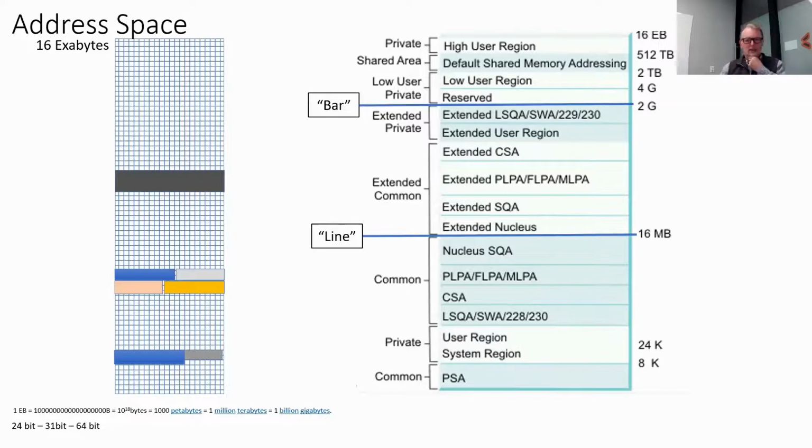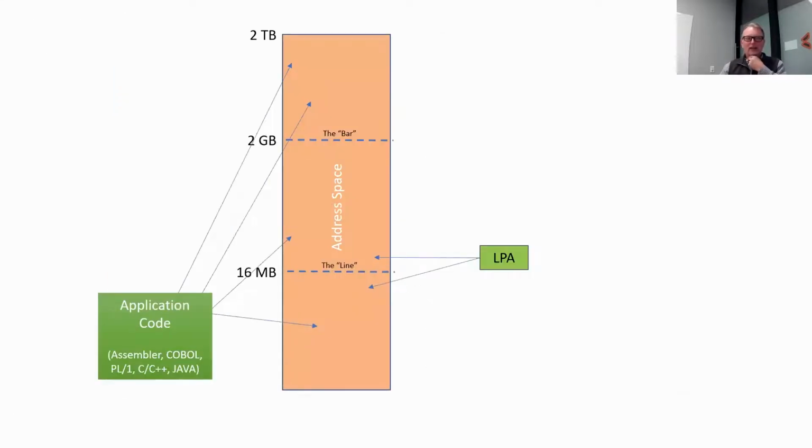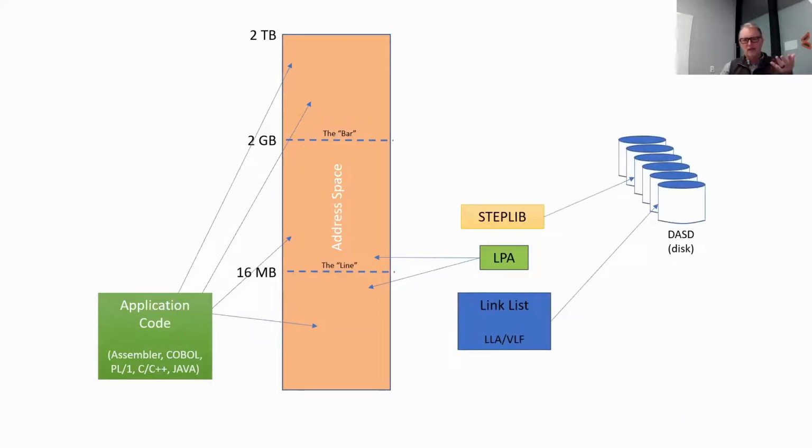Okay. All right. So when I said the term you, really I mean the operating system, in terms of fetching a program and loading it in for execution. There are some programs that are in there already for you that came from the LPA. There are some that come from your own execution code. There's a JCL statement, which I'm going to talk about in a minute, called a STEPLIB that points the system to where to load the programs from. And then there's a linked list.